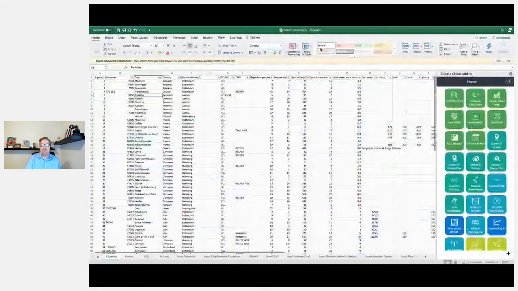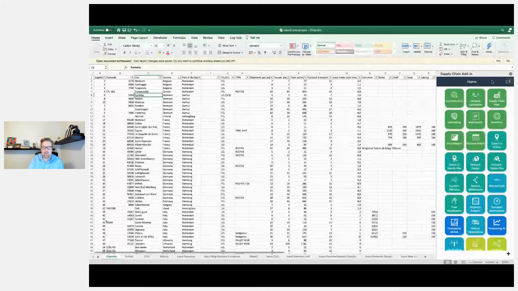Okay, that's great. So now I'm in Excel here, and what you see on the side is called the supply chain add-in. That is where I have all my applications. You get this from the store. It's actually free to download. Then what you have here on the home screen is all the applications, and you can see there are a lot. You have different colors because